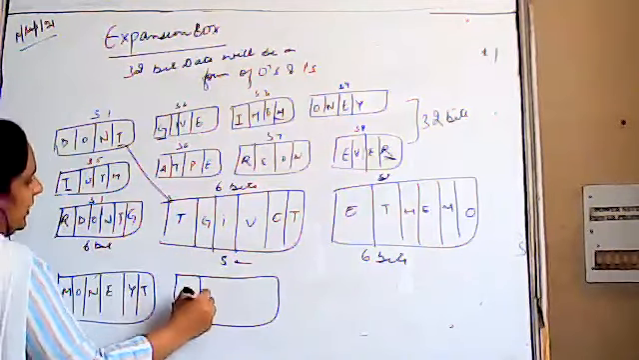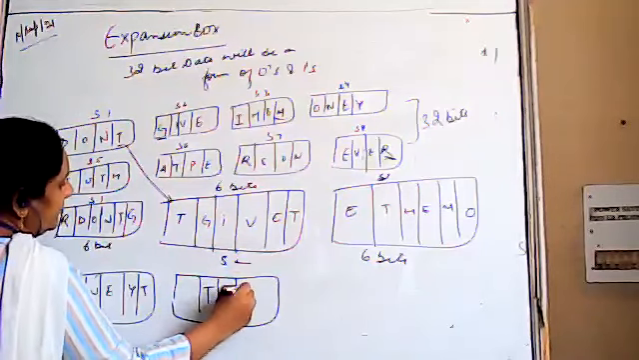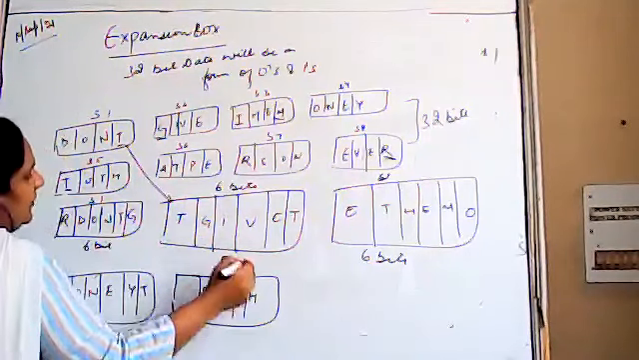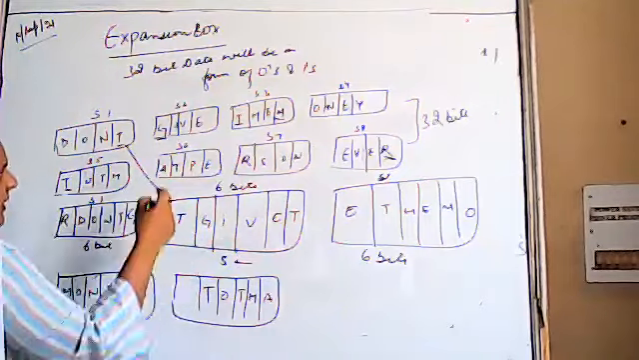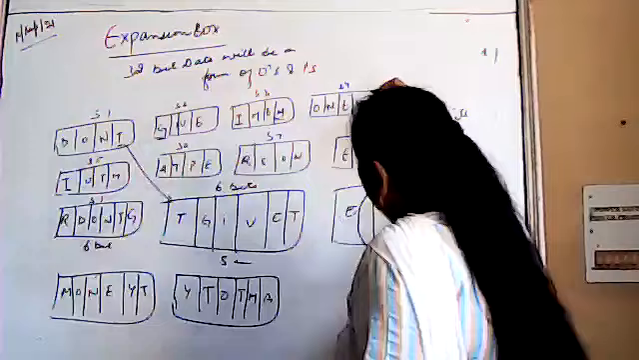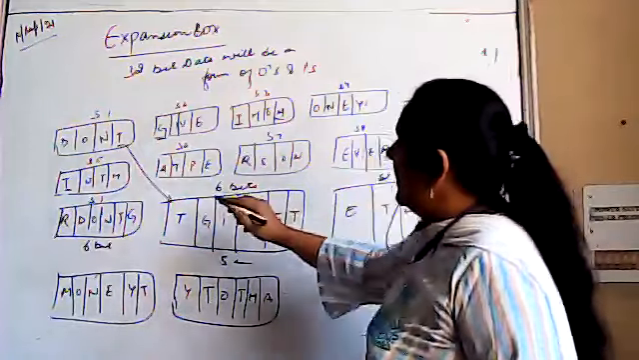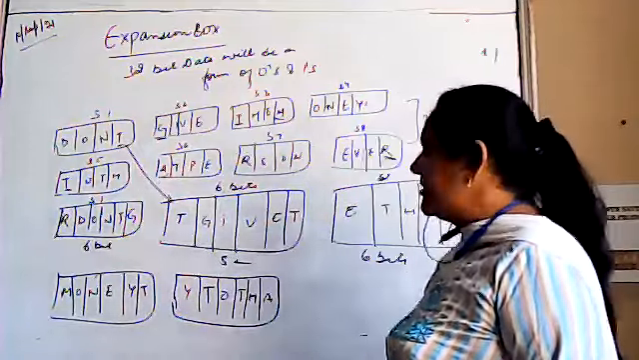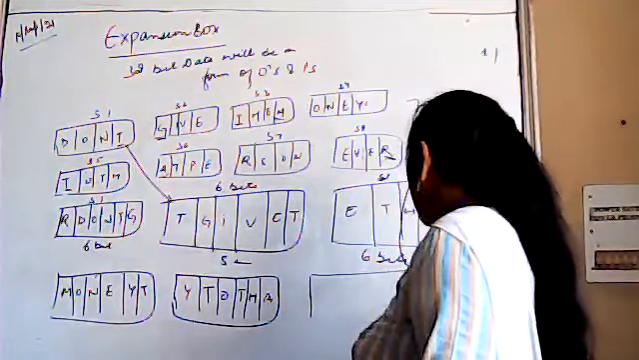Take the first from A and the last from Y. So you have taken, in S5, Y is the last and A of S6. So this is how it is expanded. Now next,